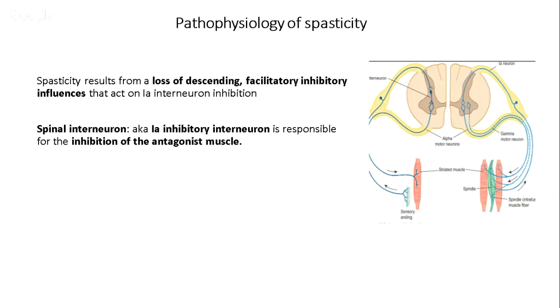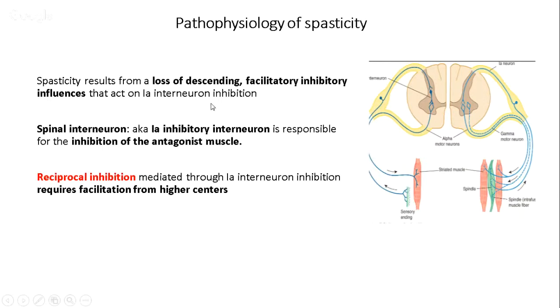So again and again, it's going to come up that it's because of the loss of the descending facilitatory and inhibitory influences. Normally you have an inhibitory influence and an excitatory influence. So if you take out the inhibitory, it's going to be too excited and it's going to be too contracted. And this